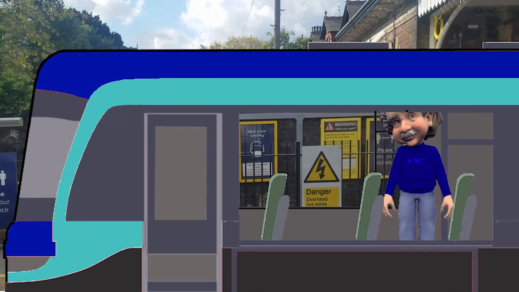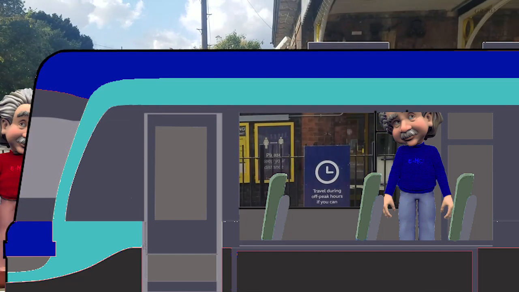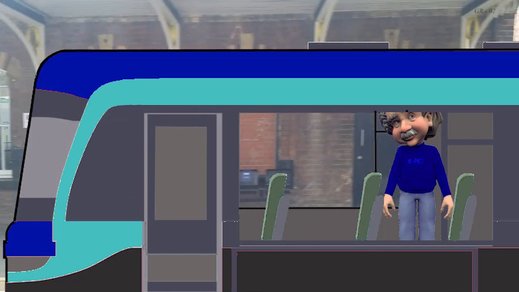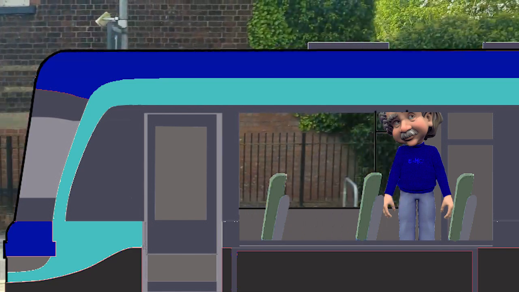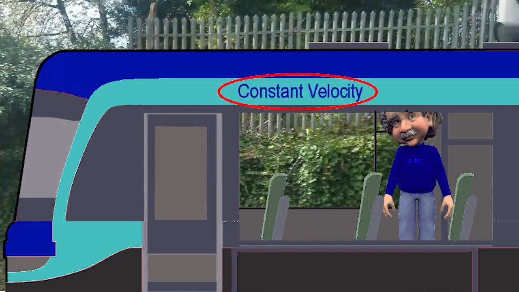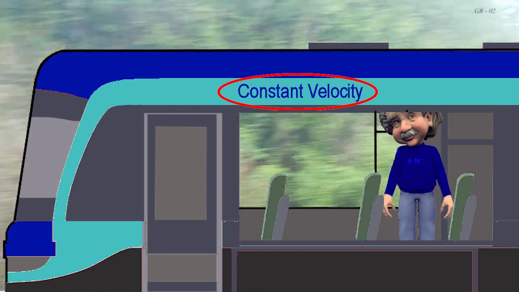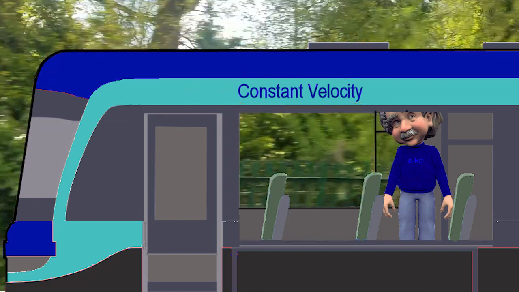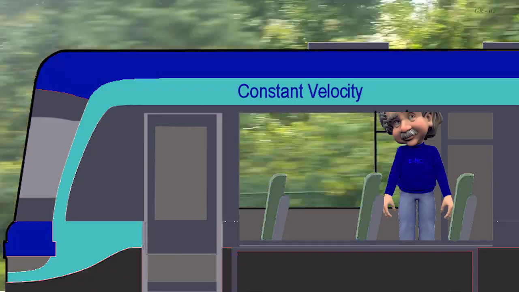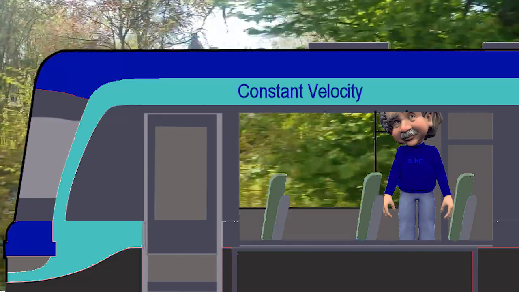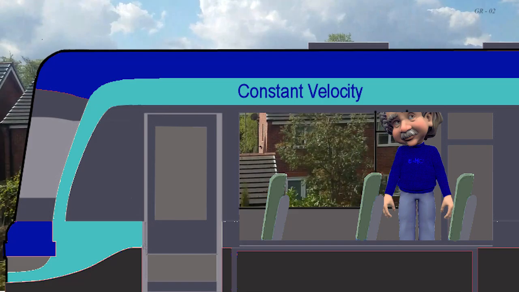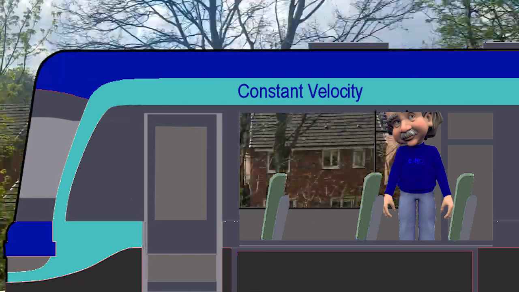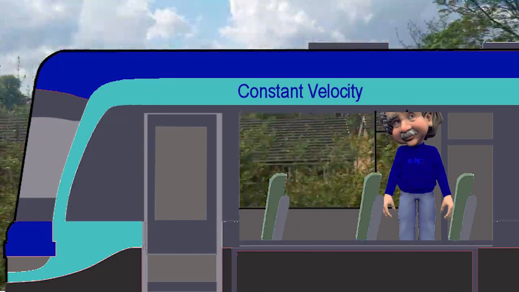It will leave the station, leave the red person behind, pick up speed, and we will assume that eventually it will travel at a constant velocity relative to the red person left behind on the platform. So we now have the blue person using the blue frame of reference travelling at a constant velocity relative to the red system. And I'm sure you realise that once again, providing the motion of the train is perfectly smooth,